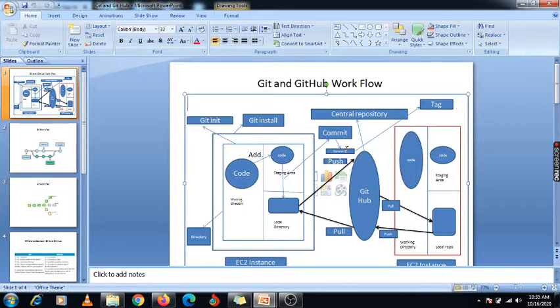If you want to assign some tag for your naming convention, to search for some particular name, you can assign a tag to that particular commit ID. You can add a particular tag to that commit ID using the tag command. There are some commands we use, so we will see those commands in the next video.